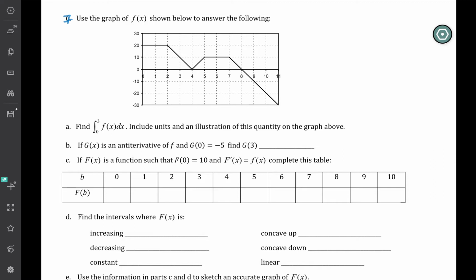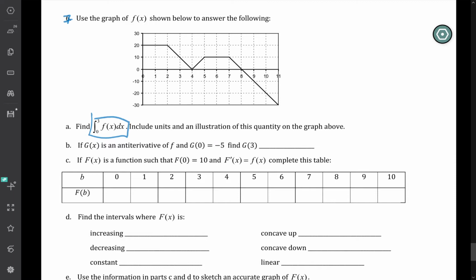This would definitely be something I'd have students work on either alone or in groups during class. This would not be something I would just do. So please pause, see if you can work through this, and then come back and watch anything you get stuck on. Okay, so I'm looking at a graph of little f,